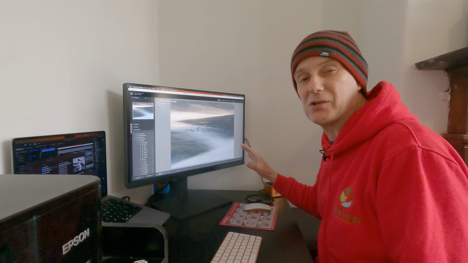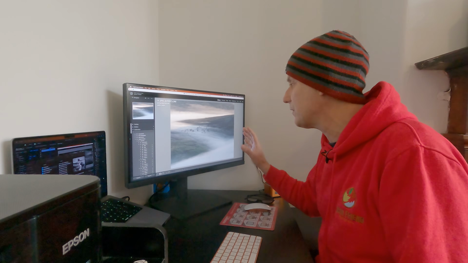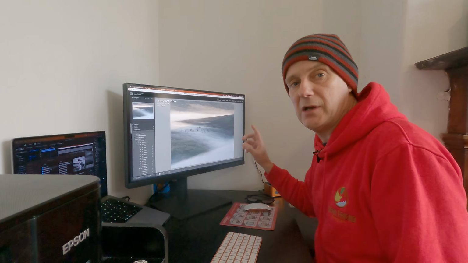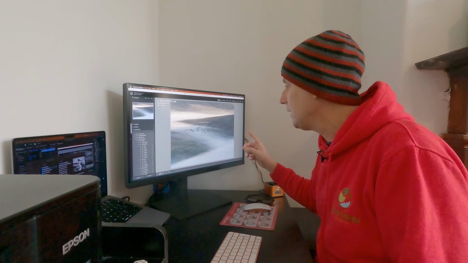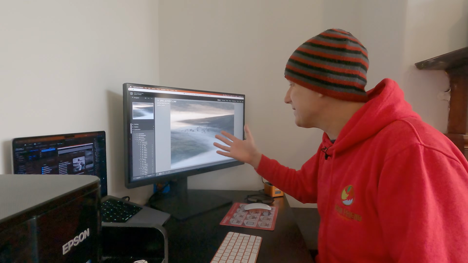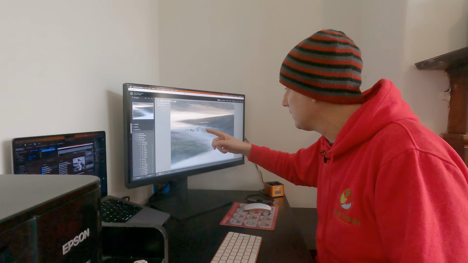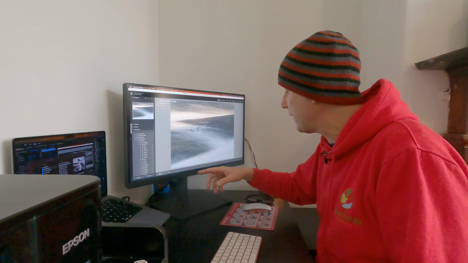Okay, the final shot's a little bit special, and it was taken on a night up the Cheviot Hills. I was actually up the Cheviot itself, and I was using the Olympus EM5 Mark II, a 16 megapixel body, and I believe I was using the 40-150 f2.8 Pro lens, which I remember being very heavy to carry up. And as you can see, it's an amazing cloud inversion. So what we've got here is this fog and mist coming around the side of the hills and just coming right round,